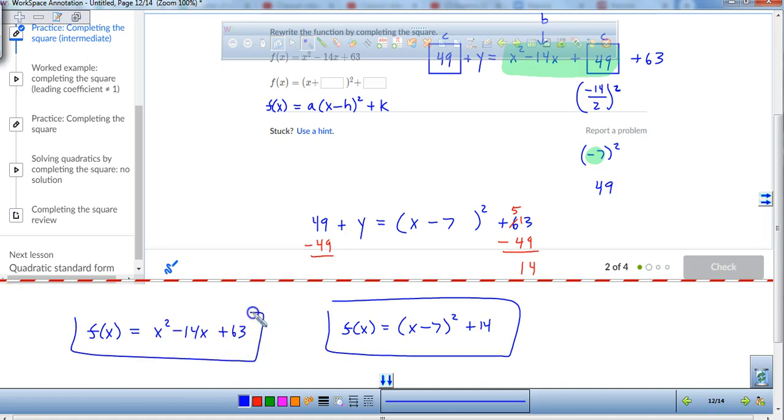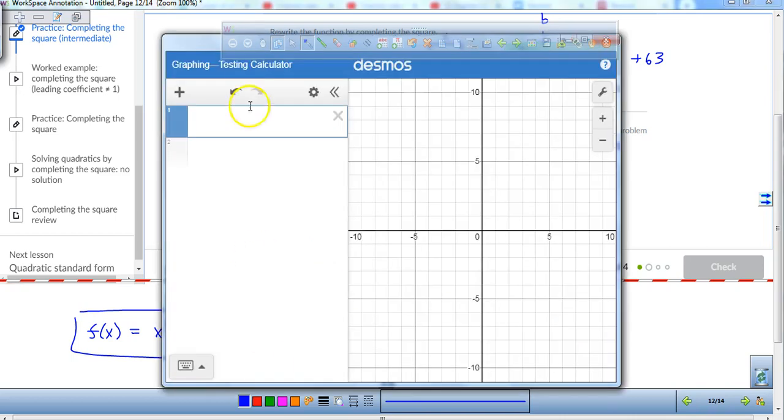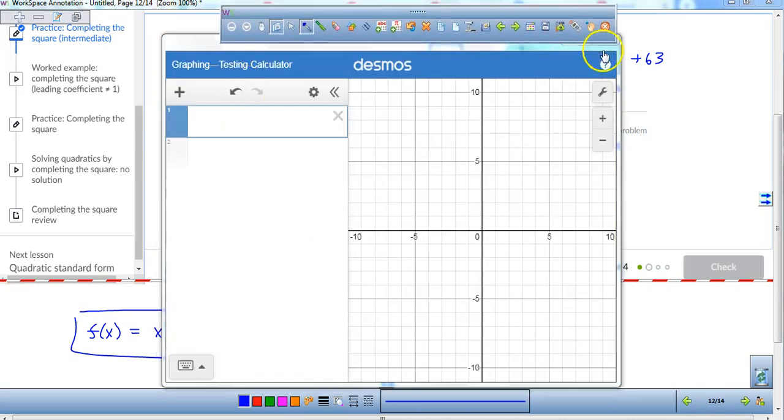If somebody were to say, hey, what's the vertex of this? I'm like, well, I don't know. I'd have to figure it out. But if somebody said, hey, what's the vertex here? I know immediately, because it's in vertex form, that the vertex is going to be at a 7 and a 14. So let me go ahead and type these in so you can see how this works. All right? So I'm going to go over here to Desmos,